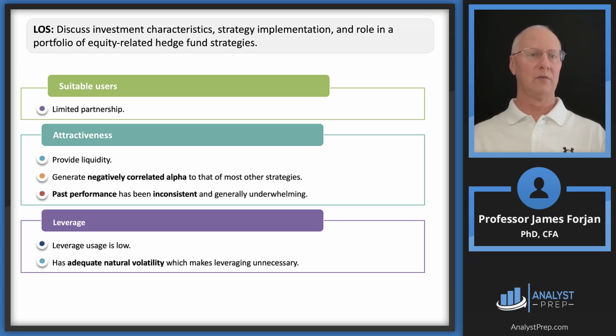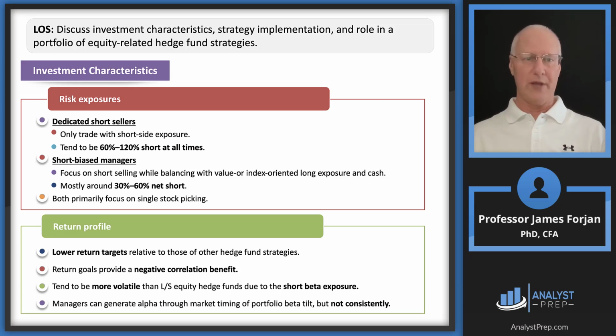Yeah, that makes sense. Limited partnerships, we said that before. They provide liquidity. Negatively correlated alpha. Yeah, leverage. Leverage in this case is probably a little bit low. Adequate natural volatility. So what you're going to do now on your index cards is probably pause my recording and